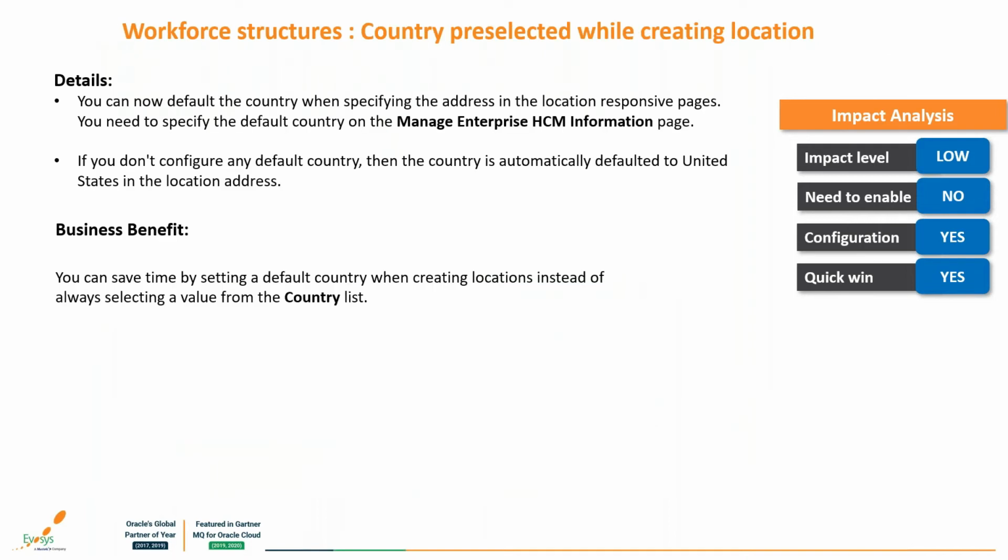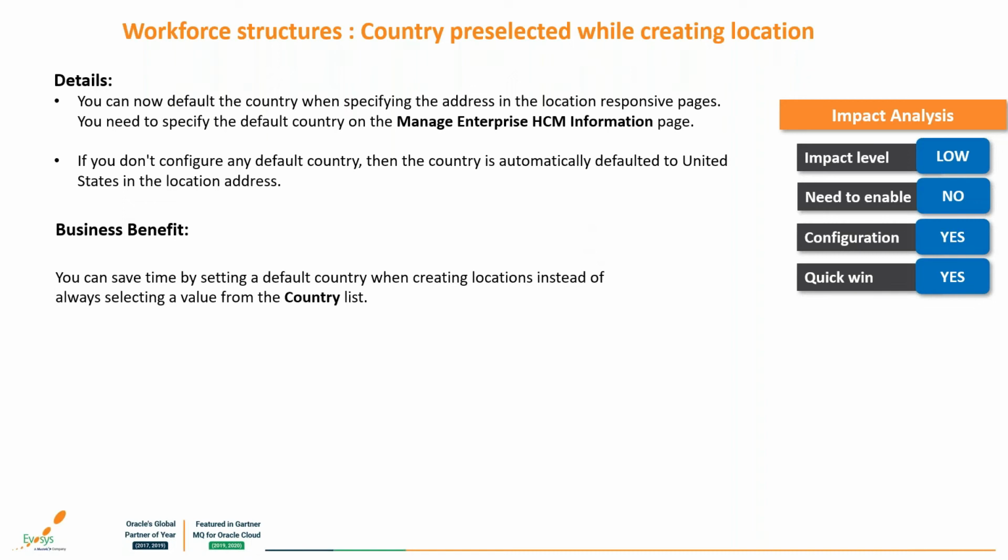Workflow structure: country pre-selected while creating a location. While we were creating a location, initially there was no country selected by default. Then the default country which was selected is United States. Now, with the help of this Manage Enterprise HCM Information page, this country can be defaulted or pre-selected